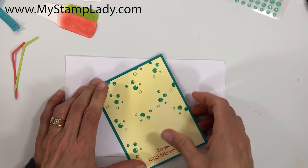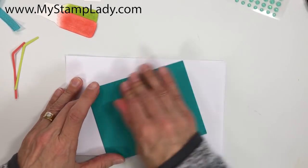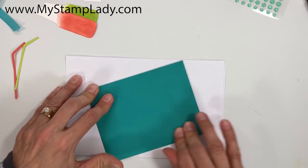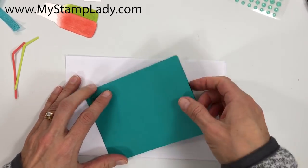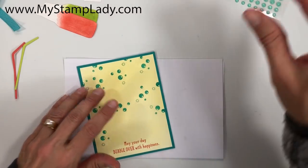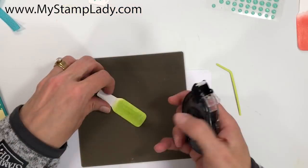And let's put that over. I'm going to turn that over and just give it a rub from the back. I find if I do that, I don't have to worry about getting as much ink, or getting ink that might be on my finger somewhere in the place I don't want it. Okay, so let's take that